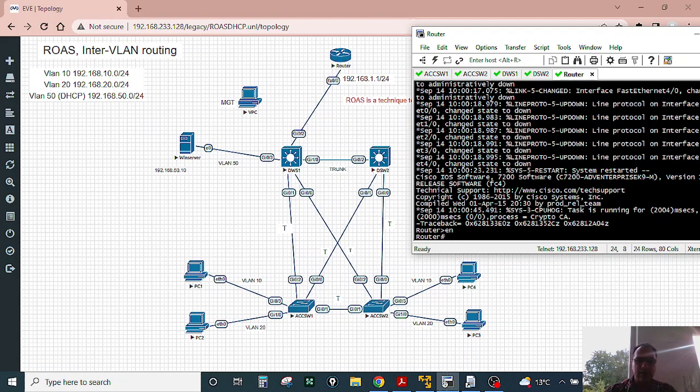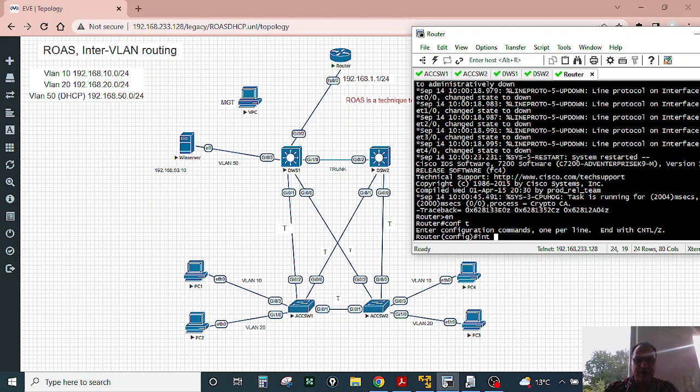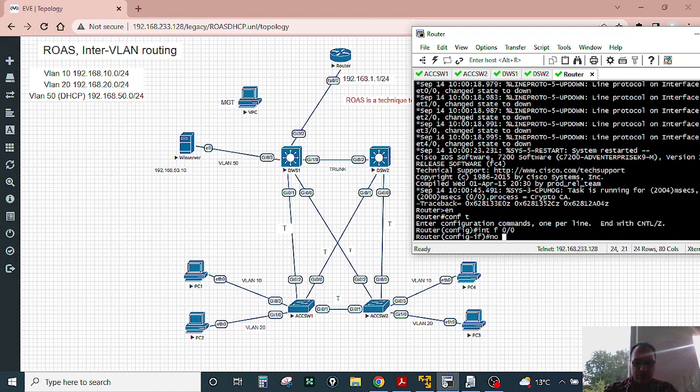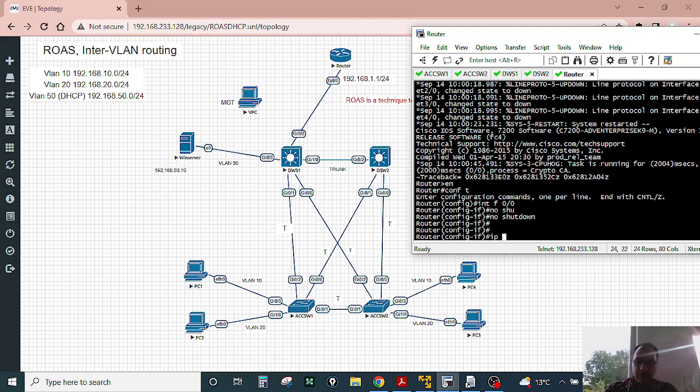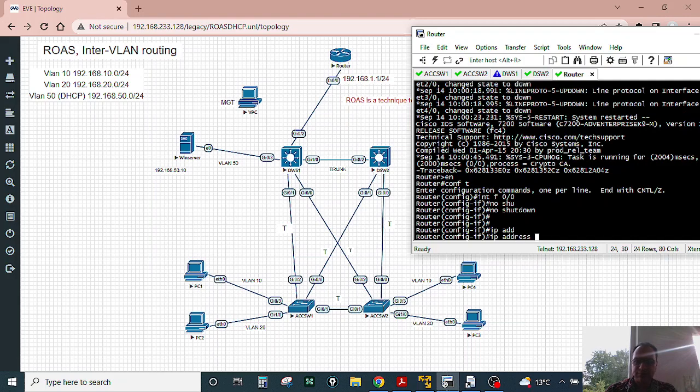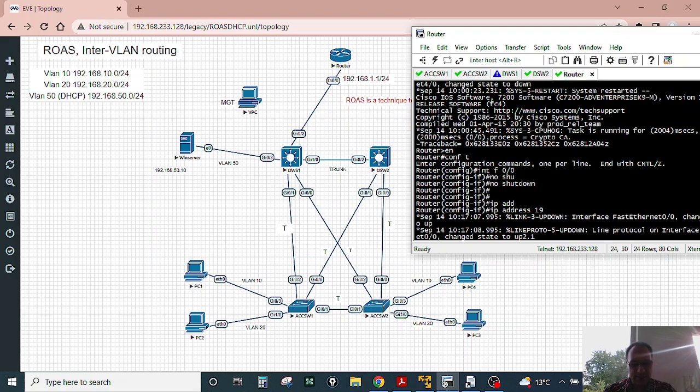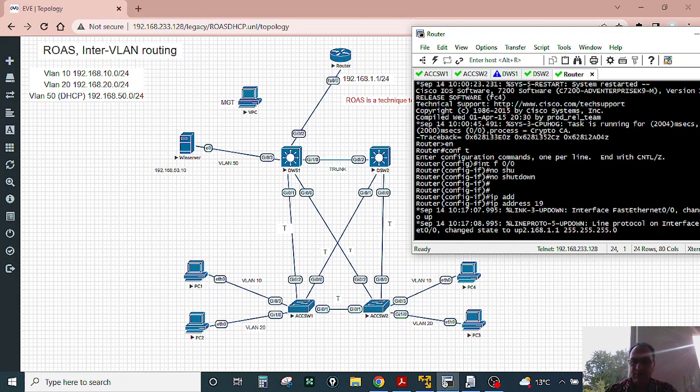I will go in interface. I set here 192.168.1.1. So I will go in configuration mode, interface F0/0, no shut. Then I set the IP address 192.168.1.1 and the subnet 255.255.255.0. Okay,